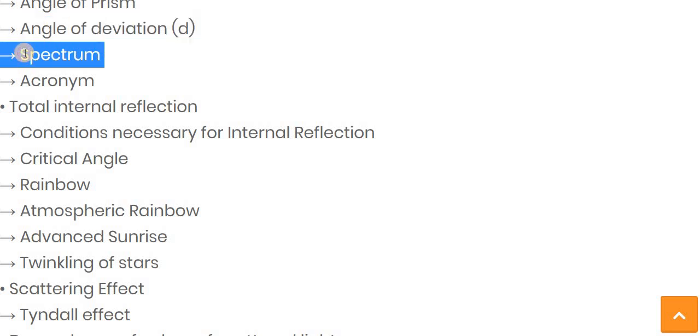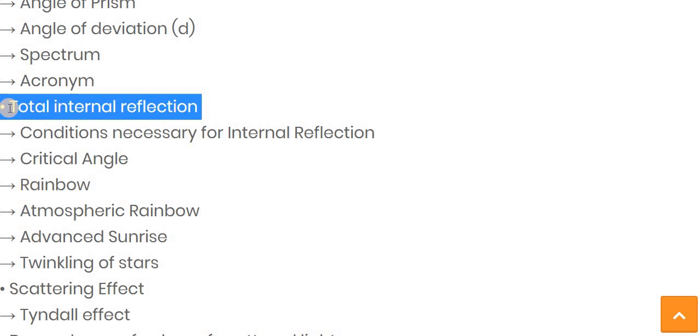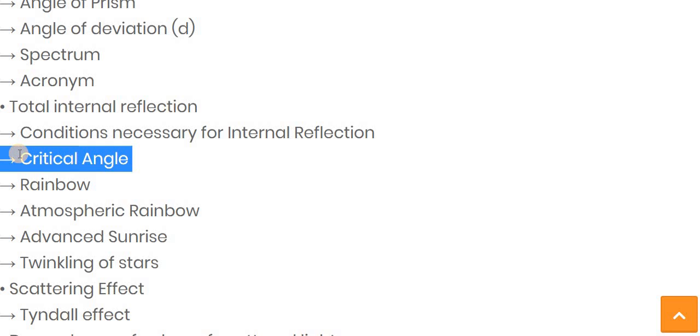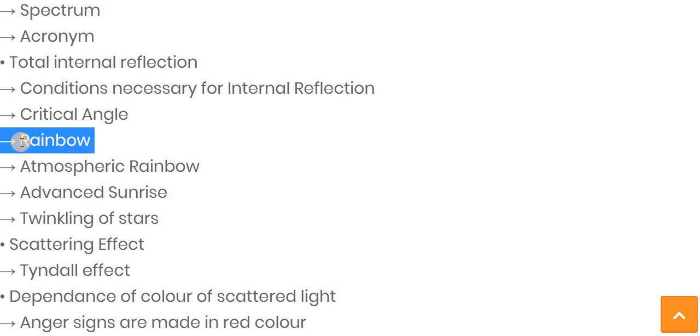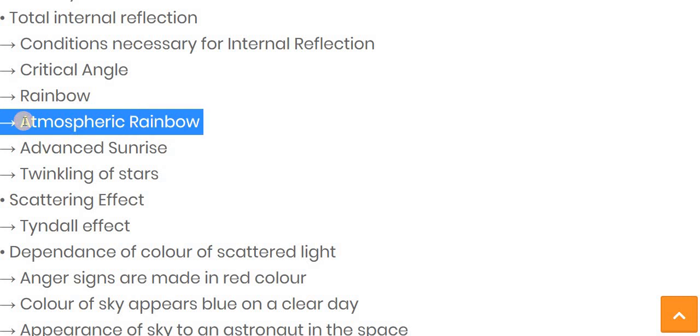Then we discuss spectrum, acronym, then total internal reflection, the conditions which are necessary for internal reflection, critical angle, rainbow, how the rainbow is formed, the atmospheric rainbow, which is the natural rainbow,